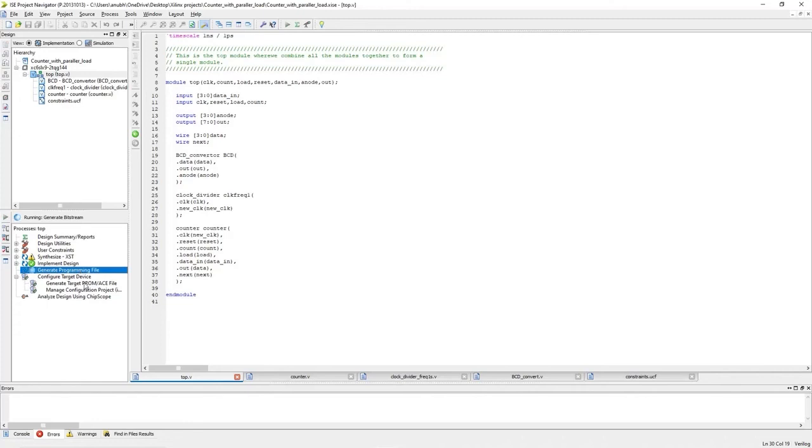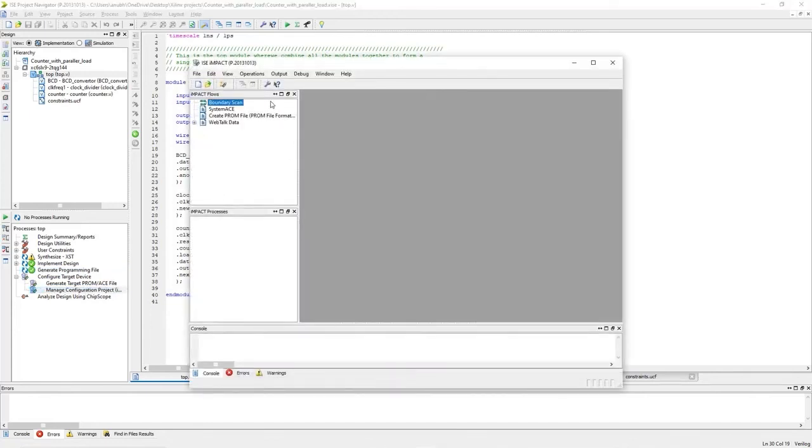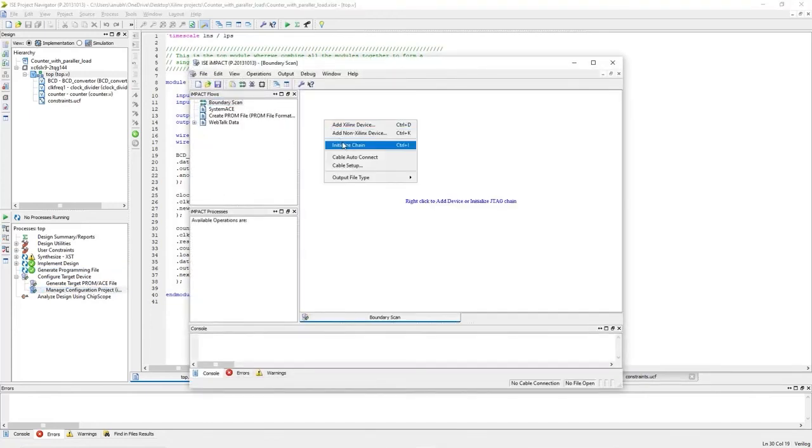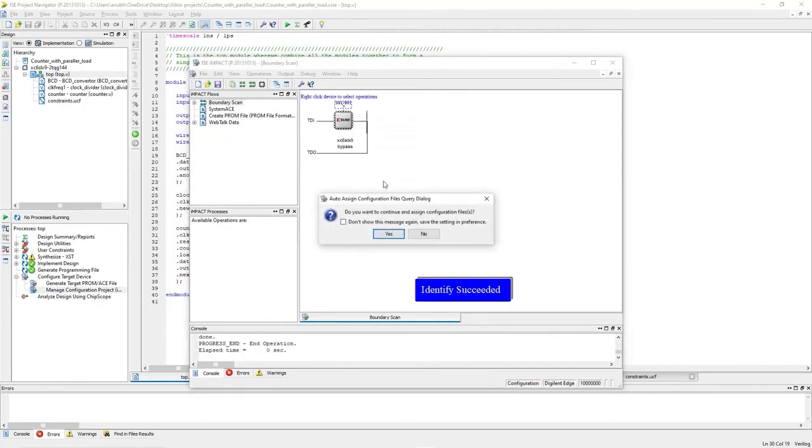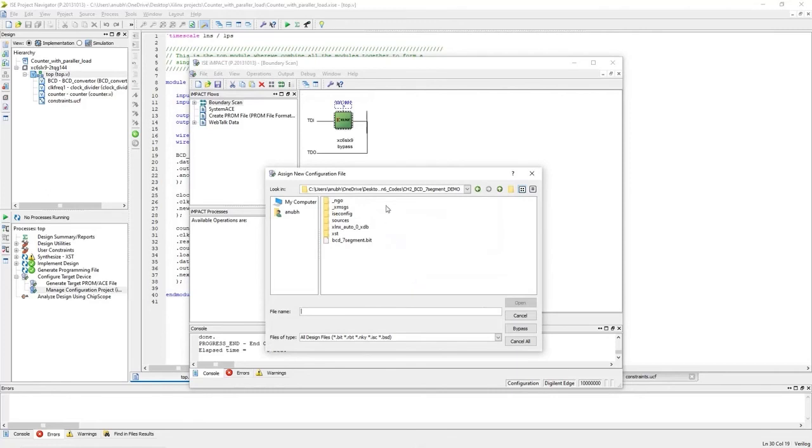Generate programming file, and then we'll program our FPGA. All these steps are shown in the last video. If you haven't seen that, you can see it. It's about a binary controller, a BCD controller. That's also a very interesting thing. You can have a look at that video as well.